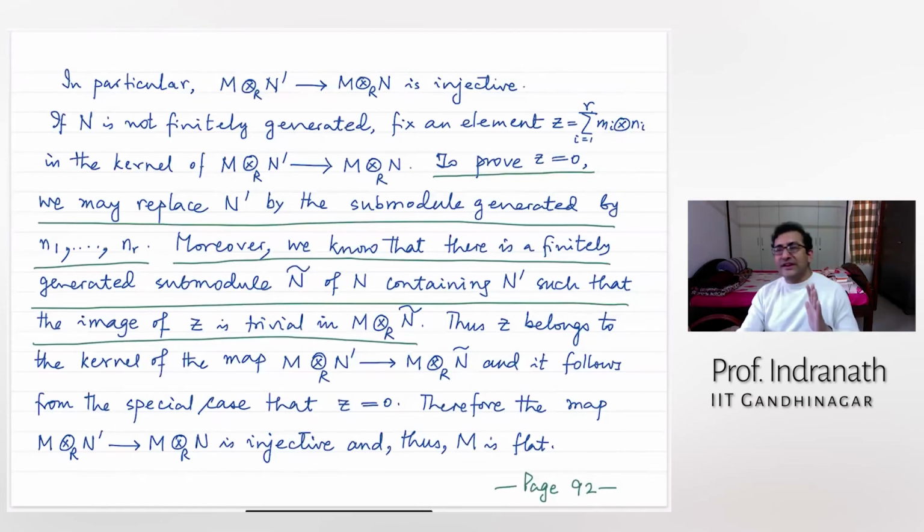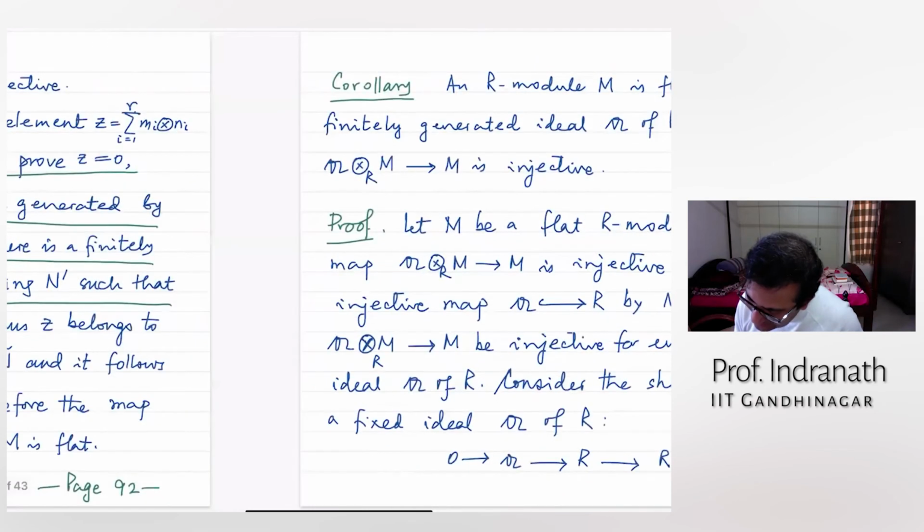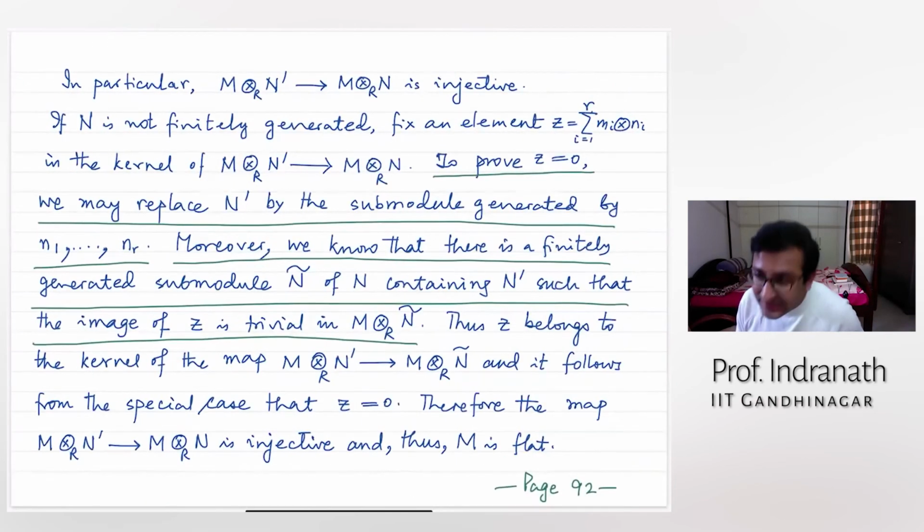so my question is very simple: is it okay, what I am doing? I am taking these finitely many N_i, choosing a submodule, replacing it by a finitely generated one, and using the hypothesis that Tor1 vanishes. So therefore this map is injective, and because I have the hypothesis on the finitely generated ones, hence M is flat. So basically the argument is similar. But is it fine? Are you okay with the argument, or is there some problem?